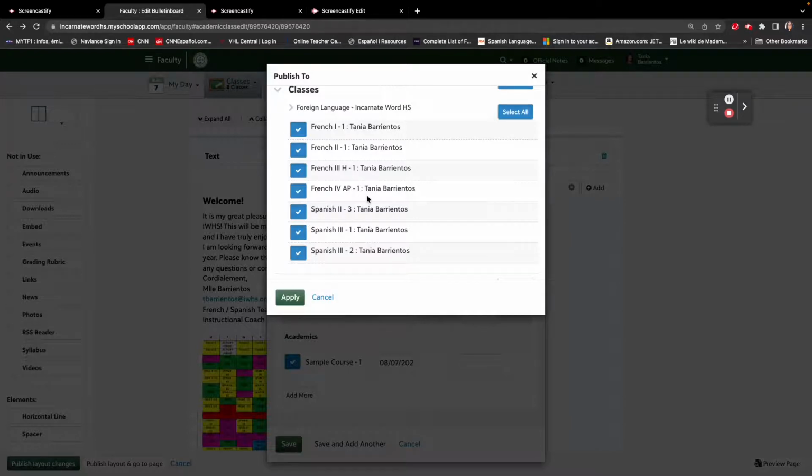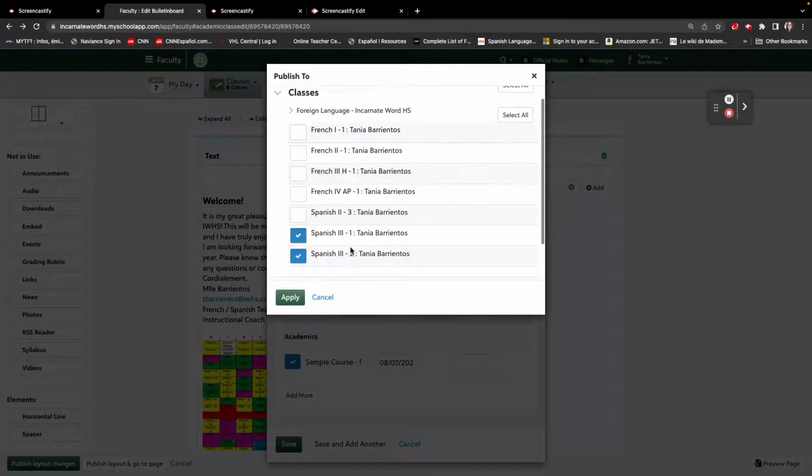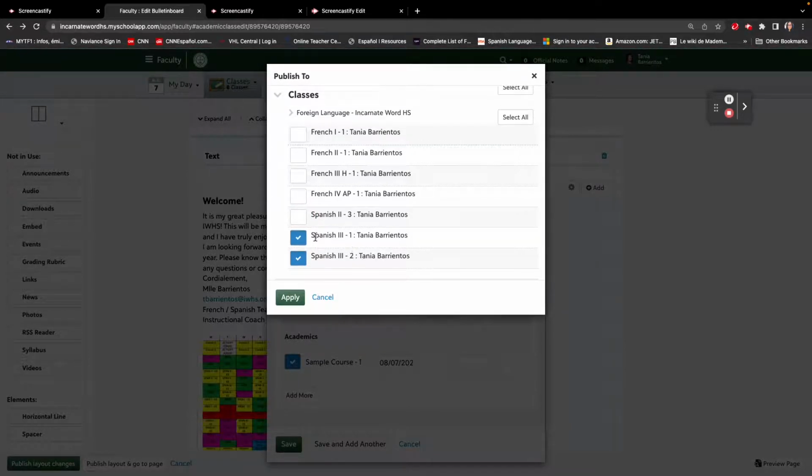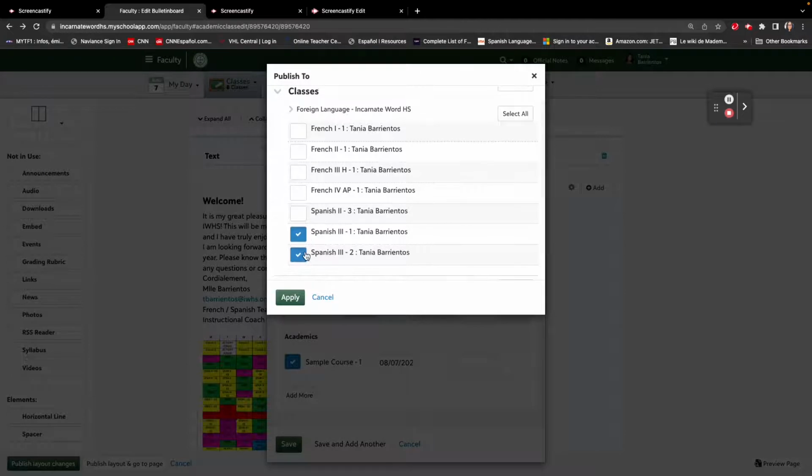Okay, I don't have any more sample classes here, but for example, if this bulletin board were for my Spanish 3 class, I have 2 Spanish 3 sections. So I would make sure that those are clicked, and therefore I just do this bulletin board once and it's going to be ready for that next class. Okay. Because I'm not working on this and this is just a sample course, I'm going to click cancel, but